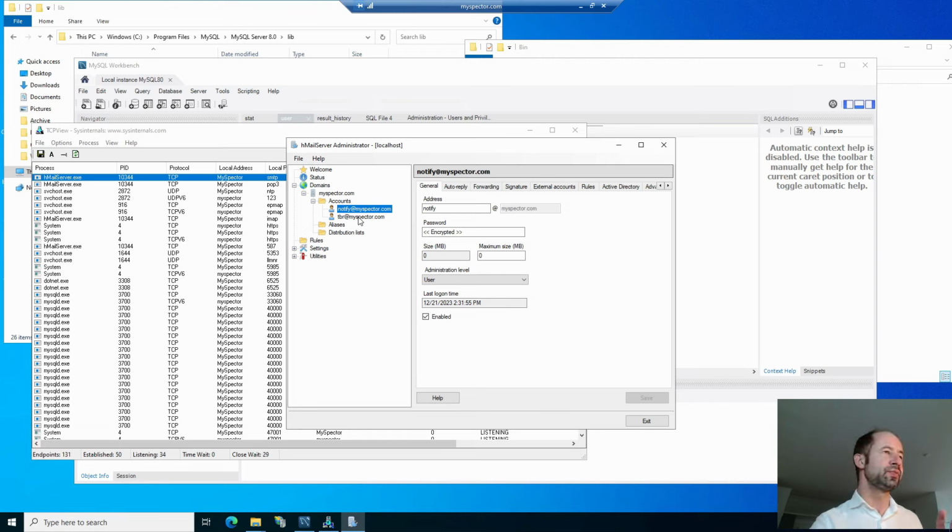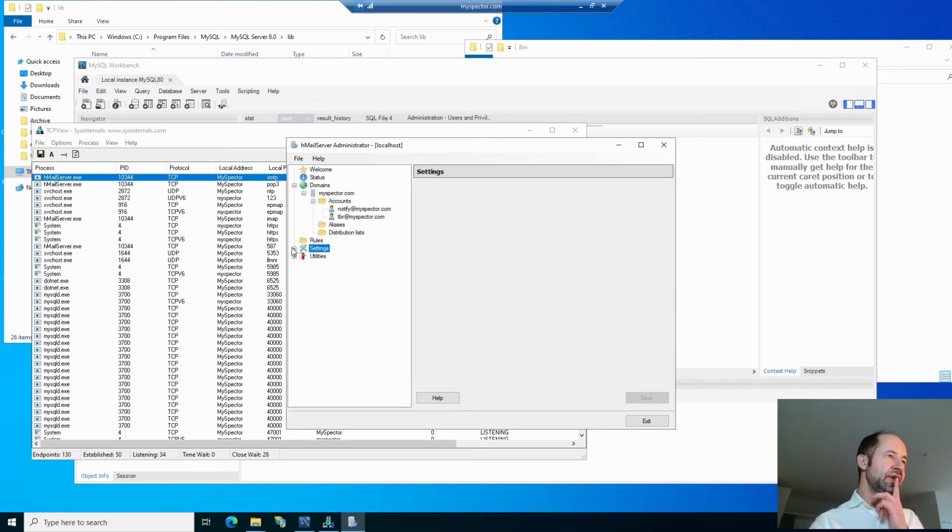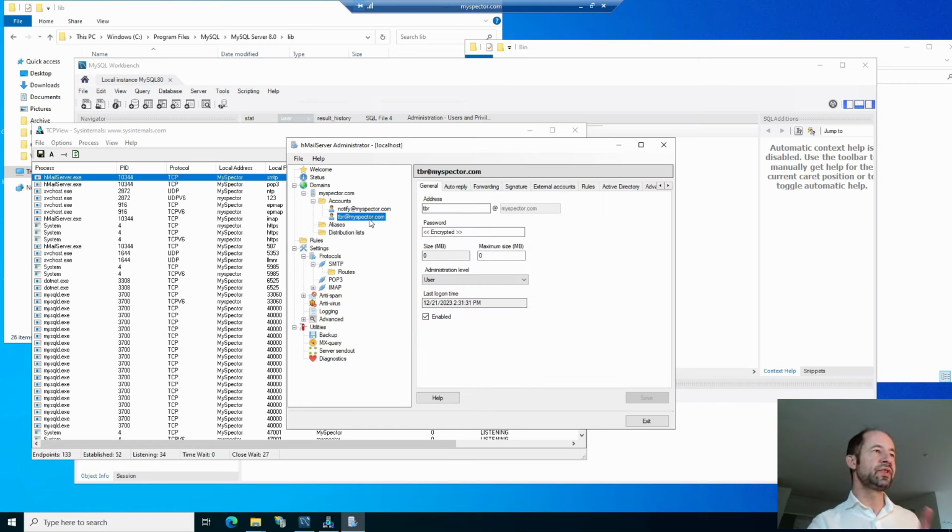Here I do not need to pay anything. This is only configuration, software configuration. I have all the mail that I want on the domain myspector.com. And here there are some settings with the protocols. If you change the setting below, you must restart the server before SMTP, POP, IMAP. But with this interface, I can only create an account, but I cannot view my emails.